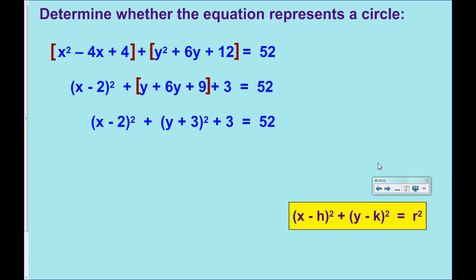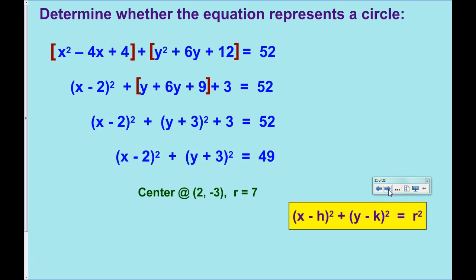And once you have that y trinomial factored, then we have this leftover 3 that we can just tack on to the other side. And then we do get a perfect square, so we have a radius of 7 and a center at 2,